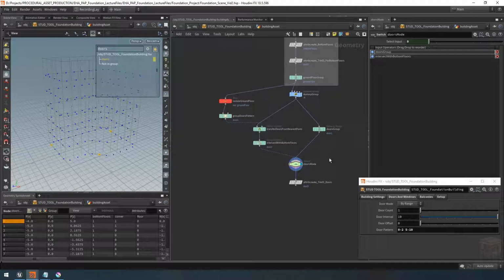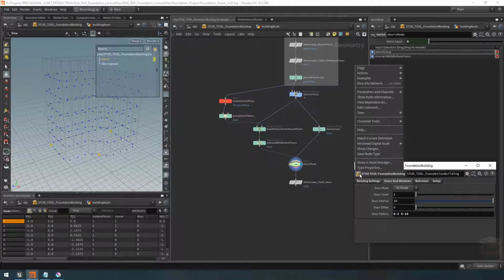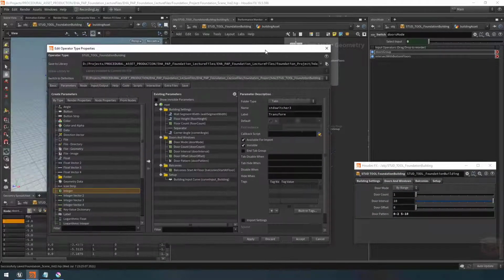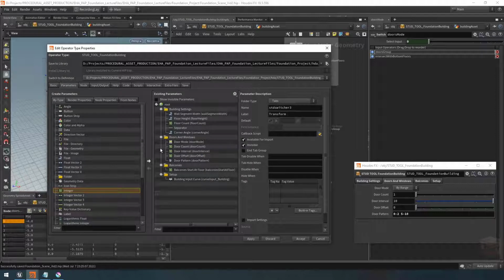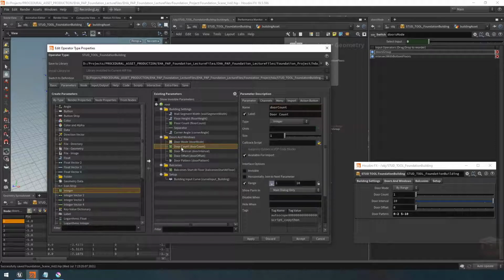Now I'm going to call this switch the door mode switch. And then what I want to do is on my interface, depending on which current mode I have selected, I want to hide the parameters that I'm not using. So let's go back to my type properties again. And under here, let's grab the door mode parameter name. I'm going to copy that. And then under door count, under the hide when